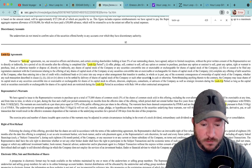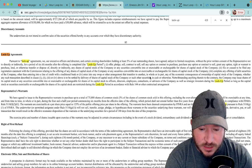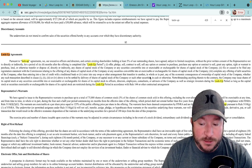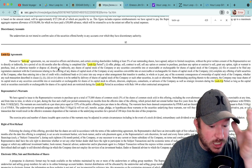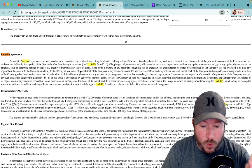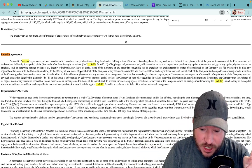Offer, pledge, blah, blah, blah. Let's look. Offer, pledge, sell, contract to sell, any option or contract to purchase, any option or contract to sell, grant any option, right, or warrant to purchase, lend or otherwise transfer, dispose of, directly or indirectly, any shares of capital stock of the company or any securities convertible into, exercisable, or exchangeable for shares of capital stock of